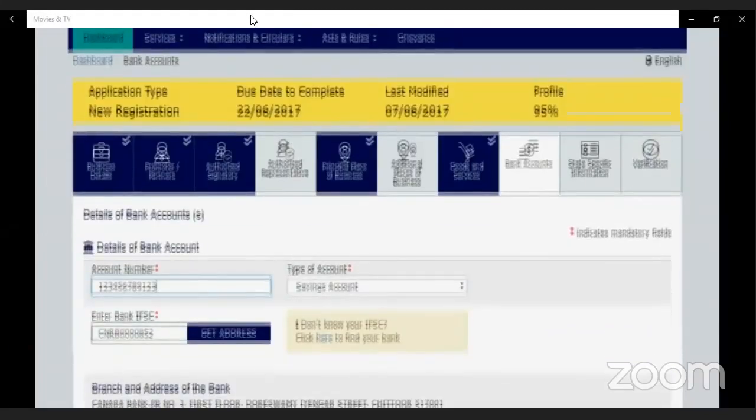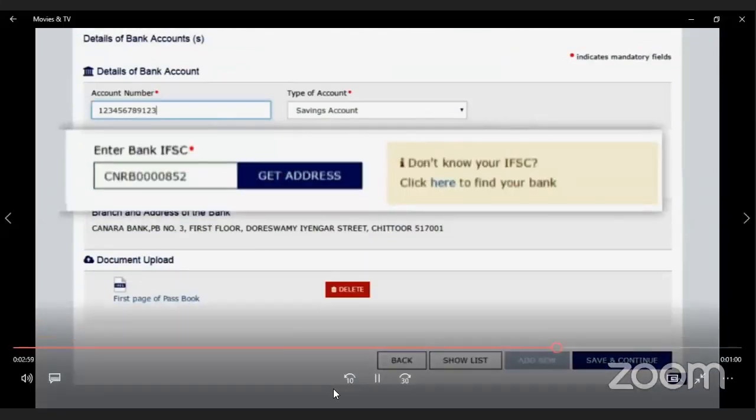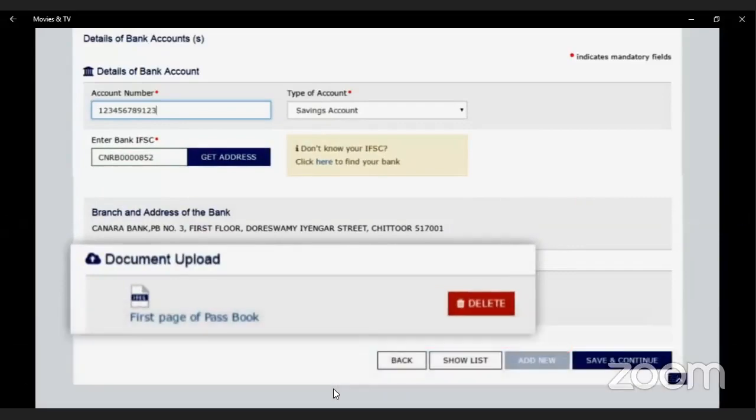In the Bank Account Details tab, branch name with the IFSC code is required to be selected from the drop-down menu. The first page of the passbook, bank statement and